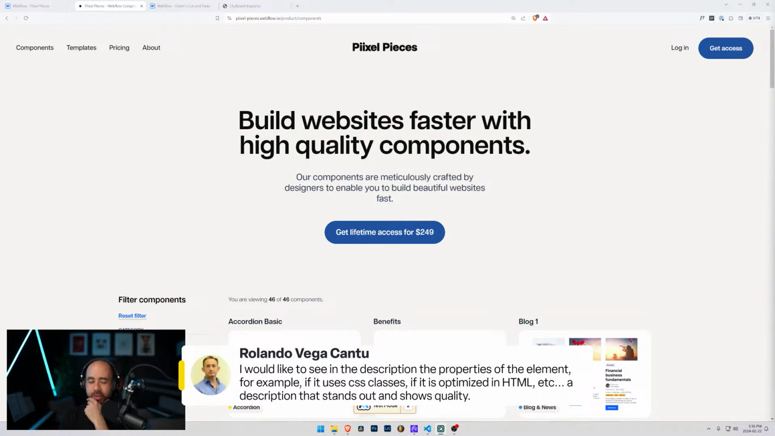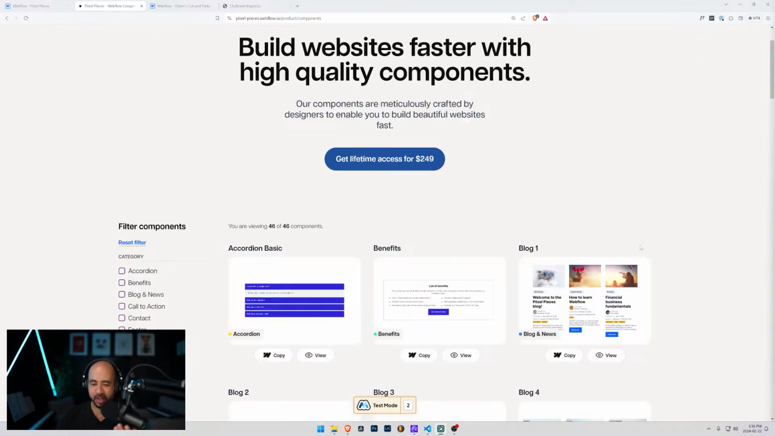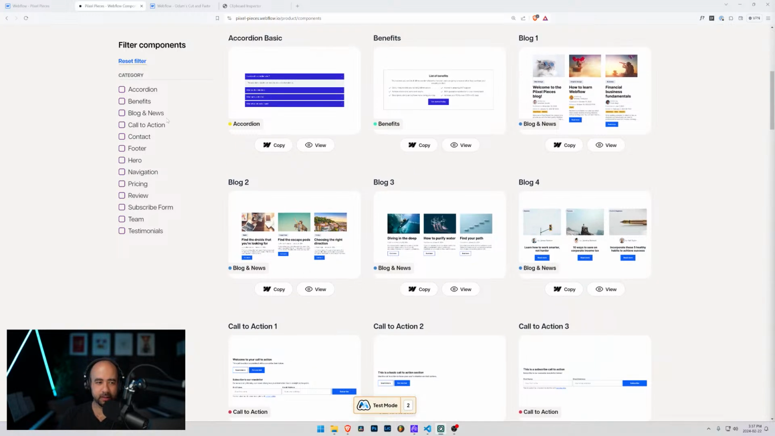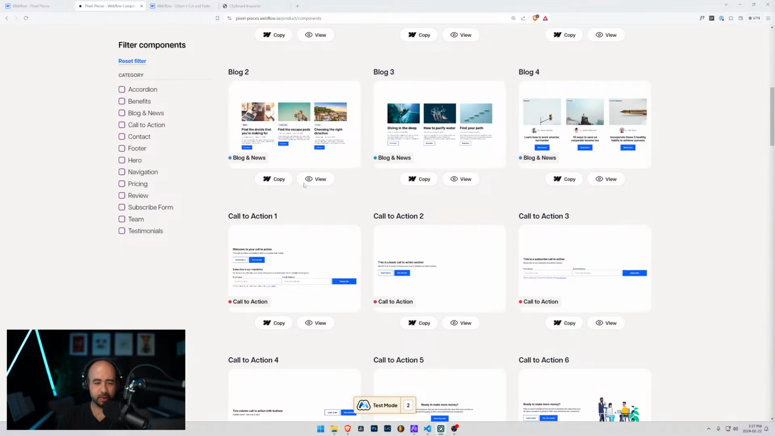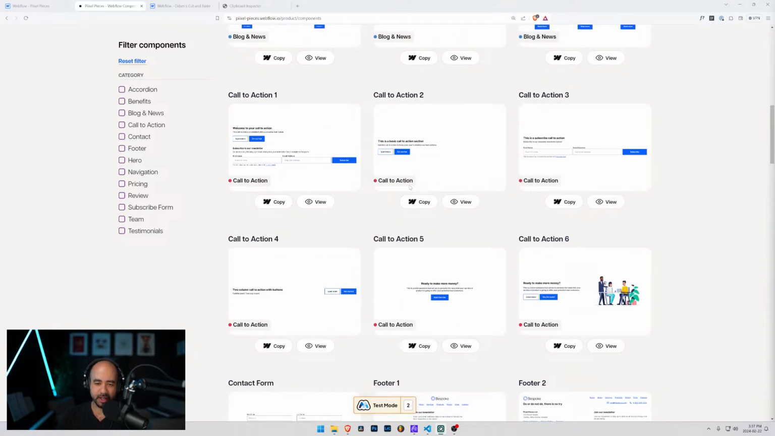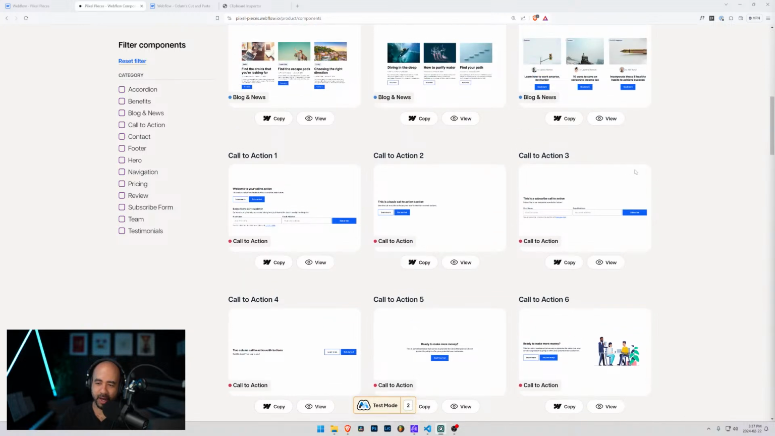Yeah, I see. I like the idea of having visual clues, so if we can use icons instead of text. For example, you can see this is showing all of them. You can see how if it's blog and news or call to action, they have different colors. There could be different icons that we can put, whether on the top right or top left or something like that,